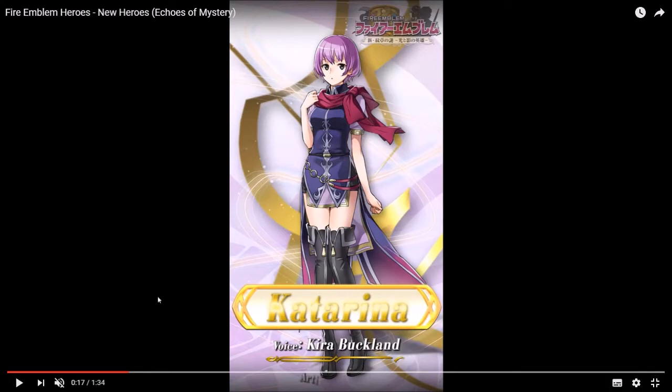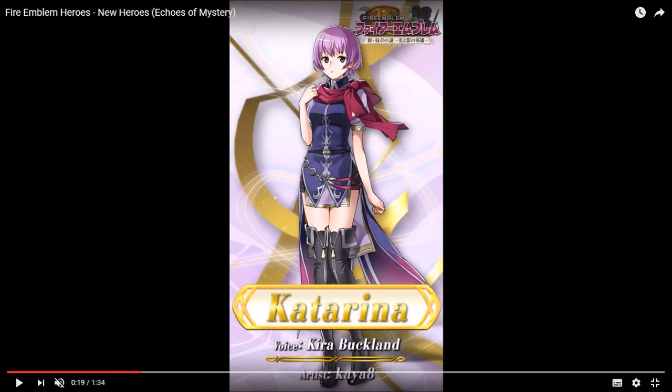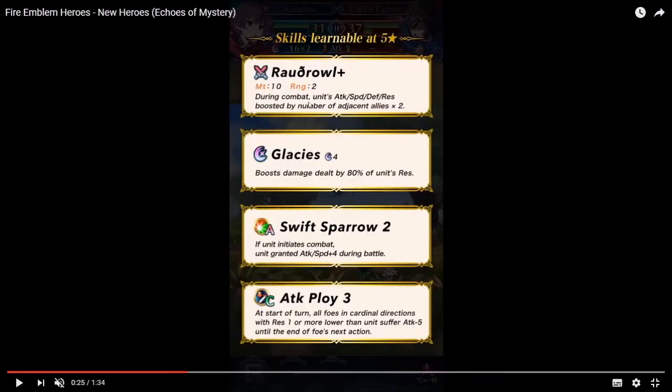The first unit we have here is Katarina. She is a tactician, and she has been revealed to be a red mage, infantry mage, which is pretty cool. Her weapon is the Rotter Owl. These tomes aren't really the greatest, as we've seen through May and Bowie. They're okay. It's just that their regular might is so low, so why bother using them